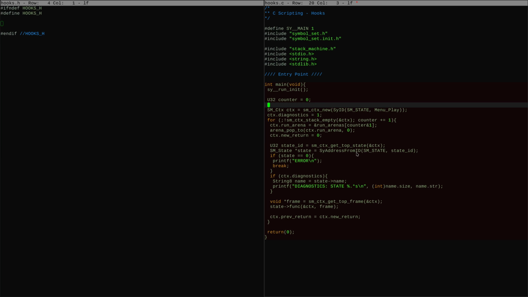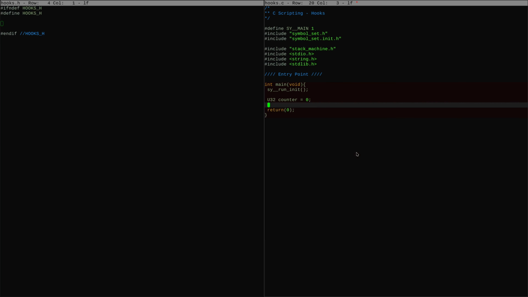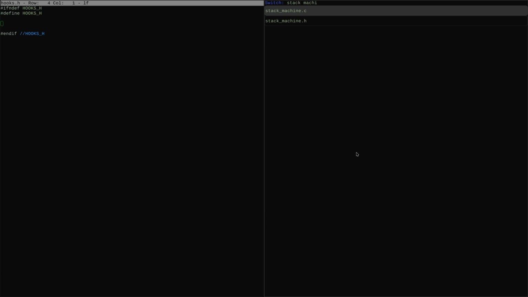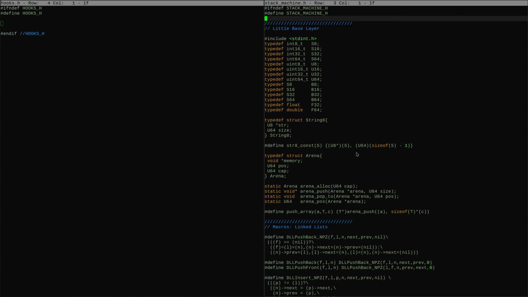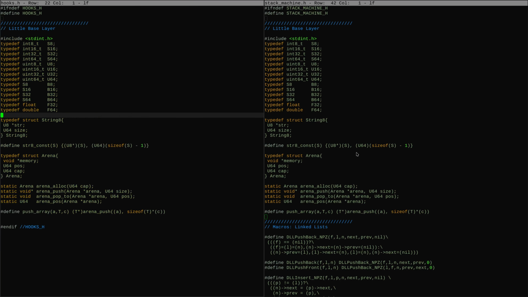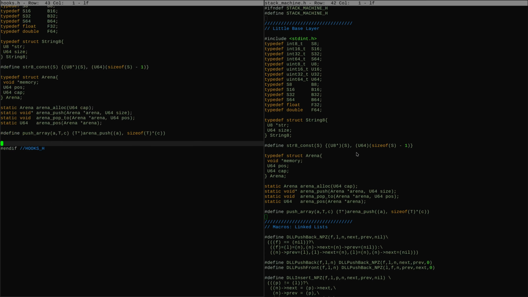Don't know if we need any of this. Okay. So, the way this one will work is, first of all, we need the little base layer. And then we add in